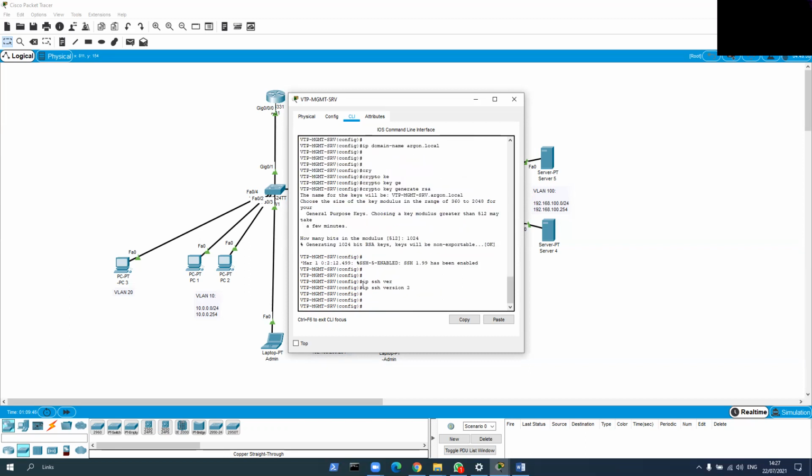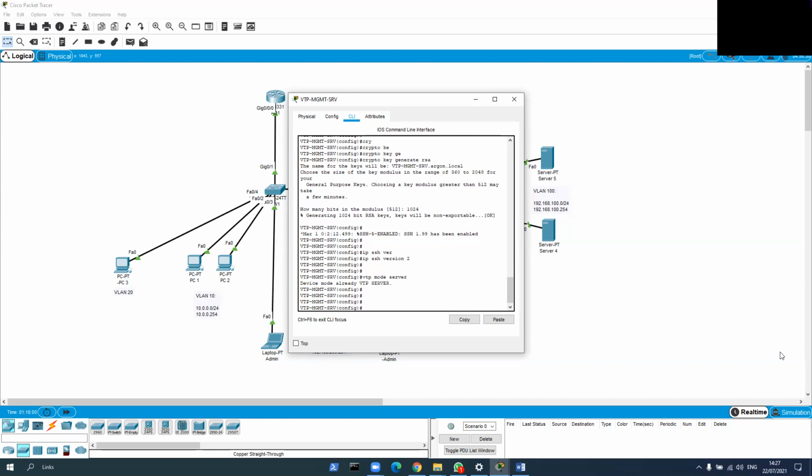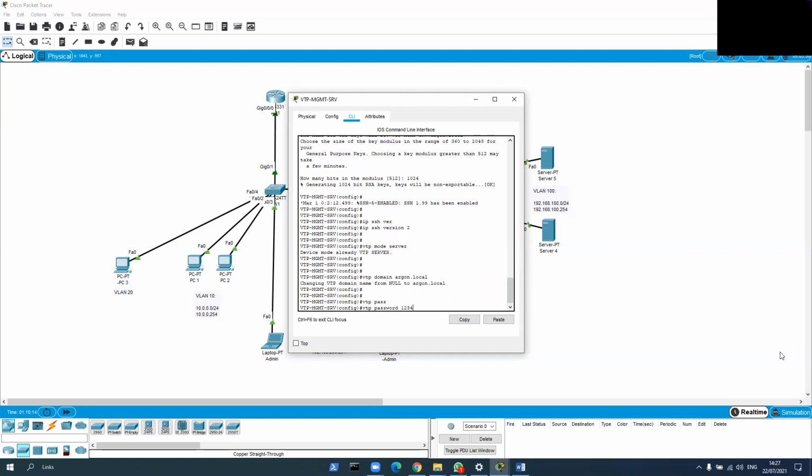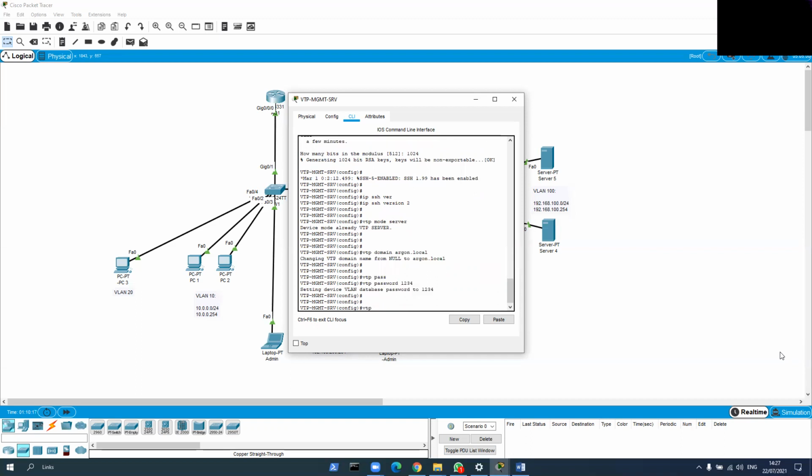Okay, we don't need to create a VLAN 1. What we need to do is just create now and write VTP mode server, VTP domain argon.local, VTP password 1234, VTP version 2. And now what we need to do is show vlan,